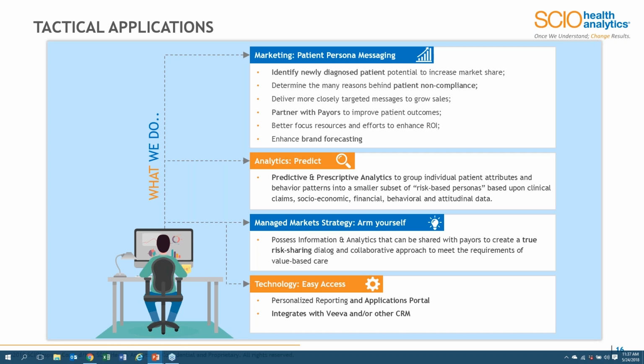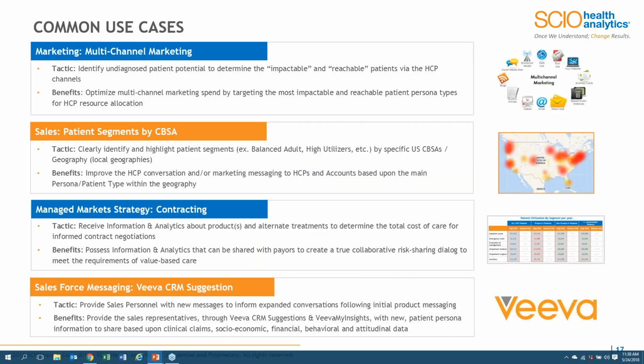And then, just thinking out loud, common use cases, obviously multi-channel marketing, sort of the digital experience today: what digital channels work best, and how can I be ensured that is driving adherence, compliance, and identification of those patients through my digital channels. Patient segments by CBSA, that's an easy sales tactic. I'd like to say we've been doing this for years, not to this degree of certainty and/or complexity, but that will never go away. That's the reality of it. But it helps aid in that conversation with the HCP or institution when you have something new and insightful around the patient to share.